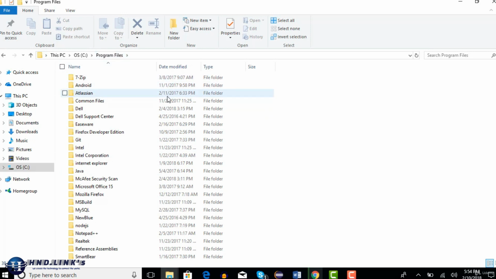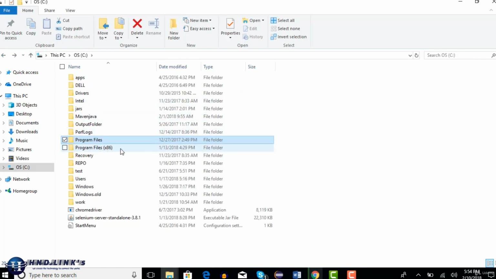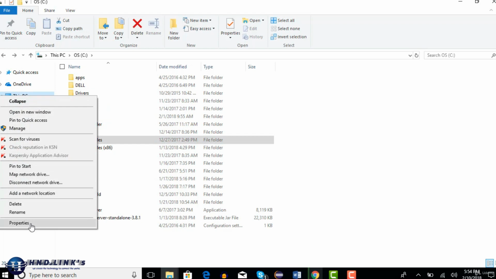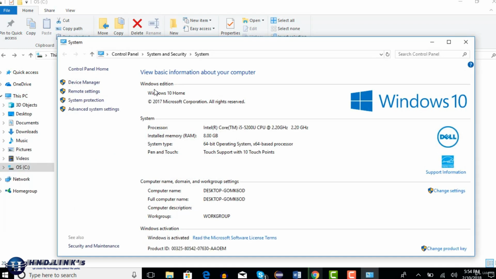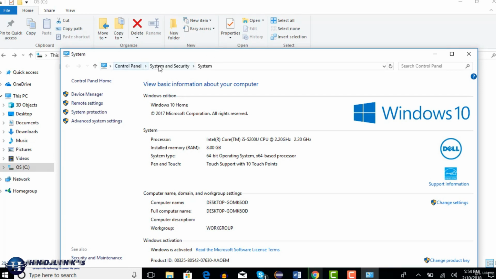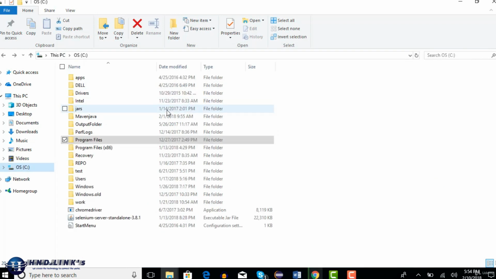If your machine is 32-bit, you might see Java in program files x86, but currently almost all our laptops are 64-bit. If you are not clear which bit your system is running, just right click on your PC. Basically you need to go to control panel. This is control panel, and here you will see 64-bit operating system, right? So just go to control panel in your machine and see what operating system you have. 99% that would be 64-bit only. Don't worry about that.